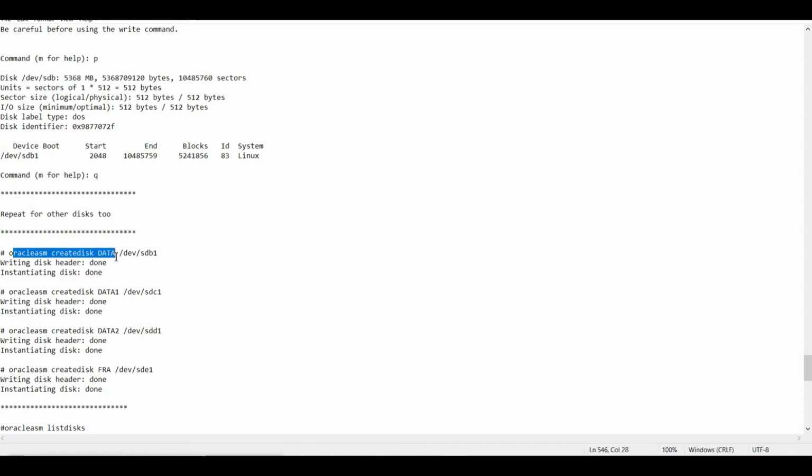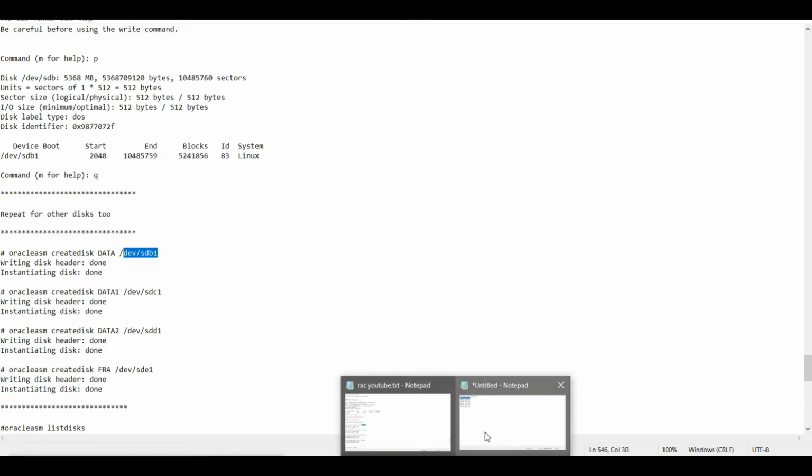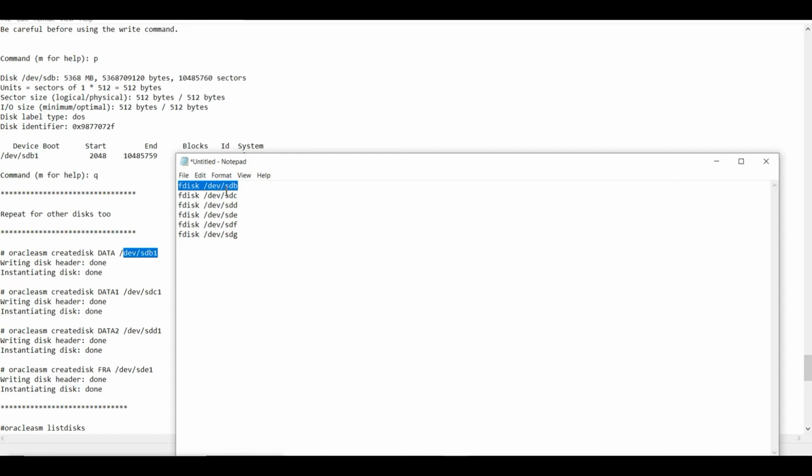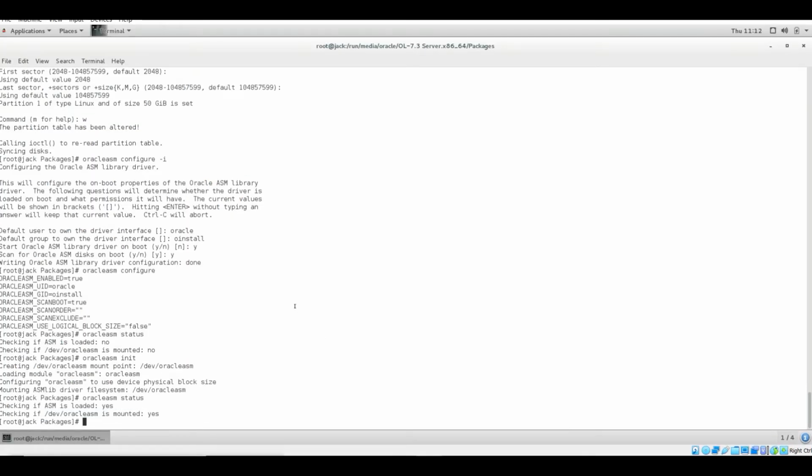So in here we will be having 4 disks for data. Means the 50 GB disks will be given for data, and the 20 GB disks will be given for my archive logs. So the command is Oracle ASM create disk, then the partition name. So in my case, the partition names are SDB, SDC, SDE. These are 50 GB as we saw earlier. So I need to create these. Let me proceed with this. Oracle ASM create disk